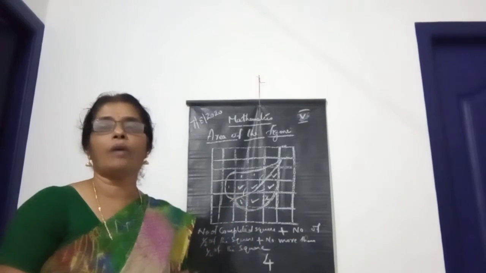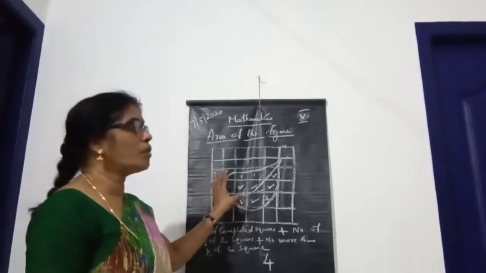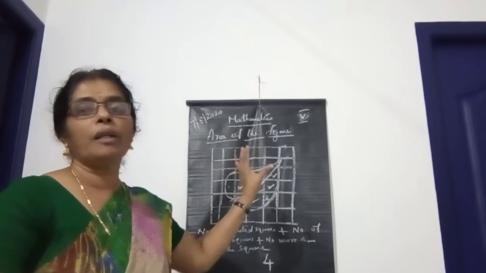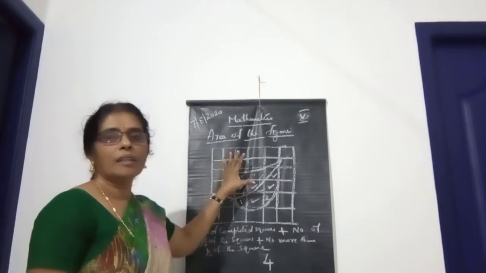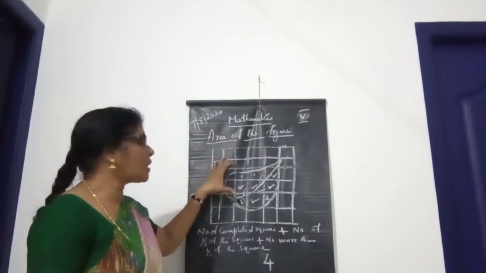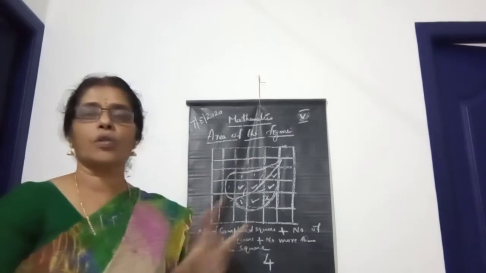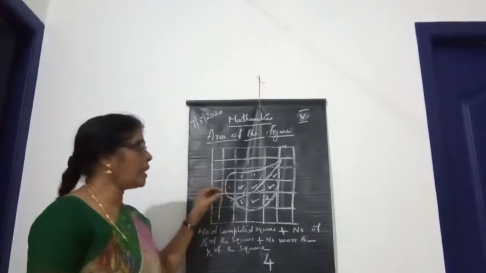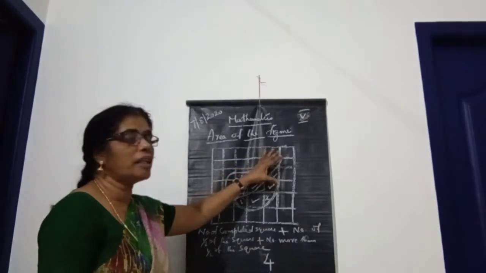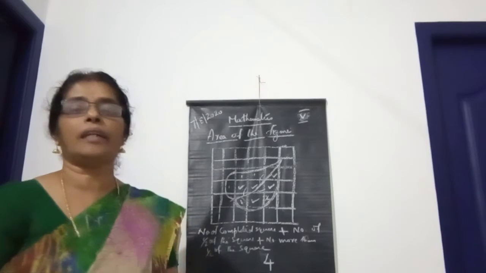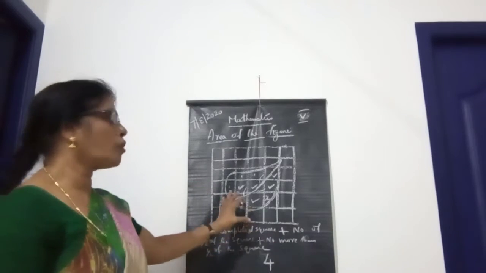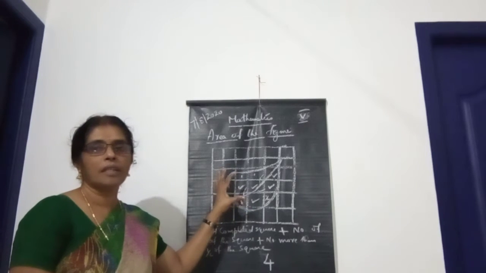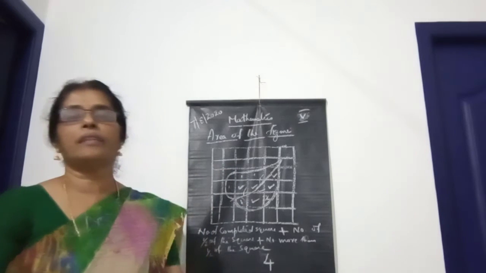For that purpose we need a formula for the leaf, but we don't know one. This one is not a rectangle or square. This one is the figure of a leaf. So we have to find how many squares are taken by the leaf, how much space or how much area this leaf covers.